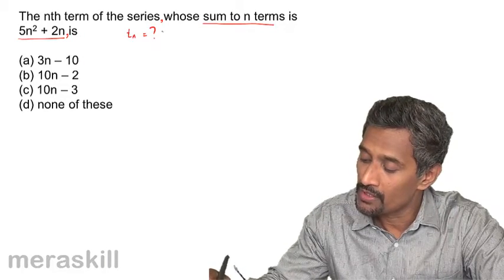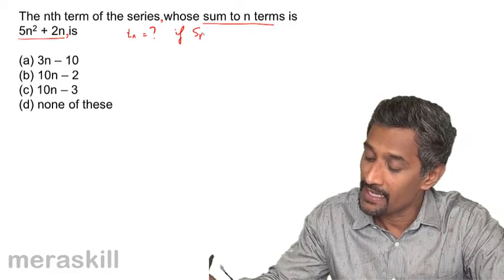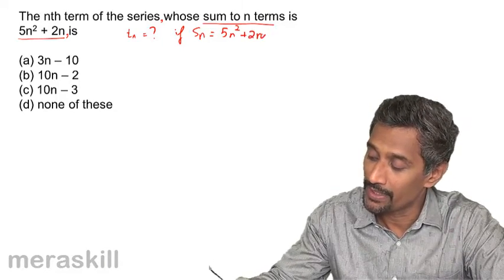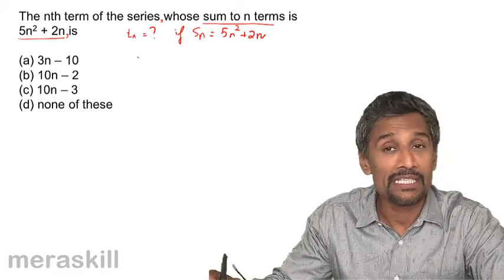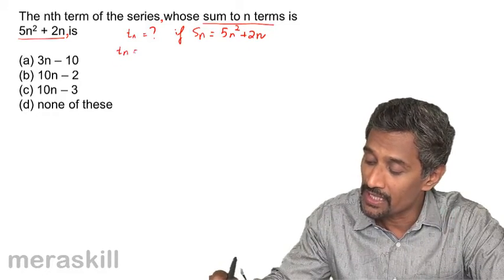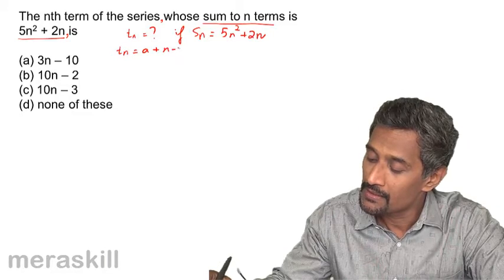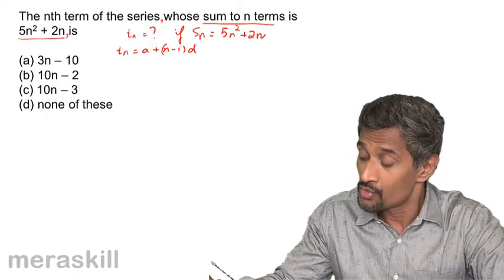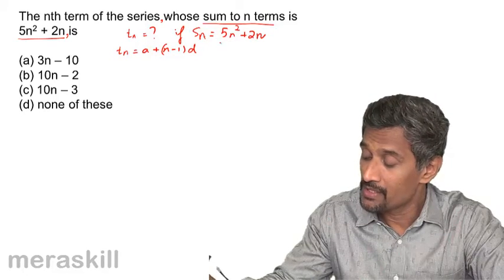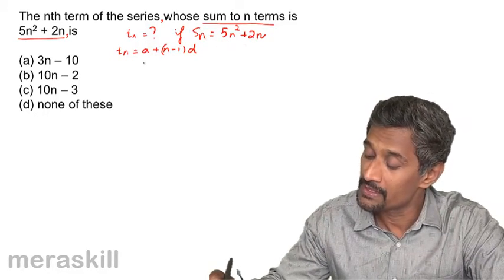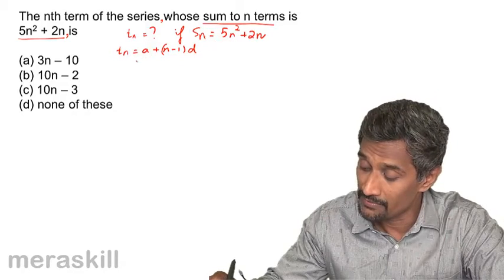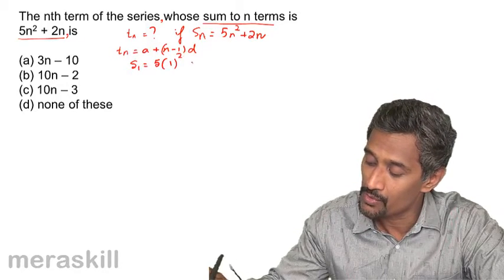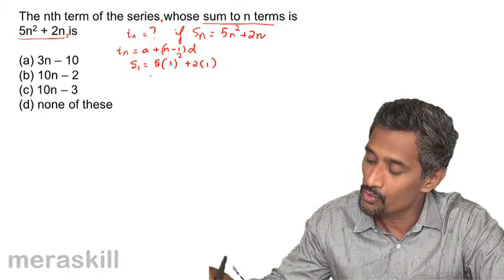Tn would be what, if Sn is 5n square plus 2n? So how do you find Tn? To find Tn, you need a plus n minus 1 into d. So there are two ways of doing it. One method is finding out S1. We know S1 is going to be 5 into 1 square plus 2 into 1,